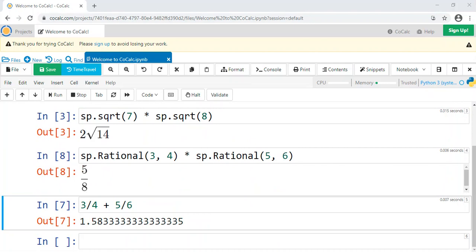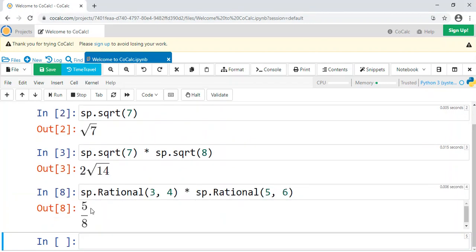Of course, sometimes you will want to know the numeric value, right? If you want to know the numerical value, that's fine. You can do that in a couple of ways. One is to get the numerical value of whatever symbolic expression you had most recently.